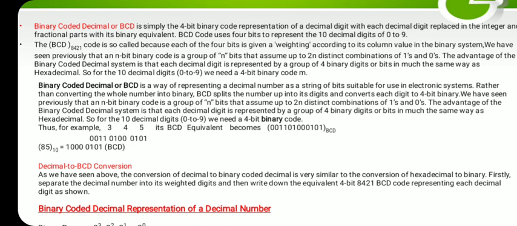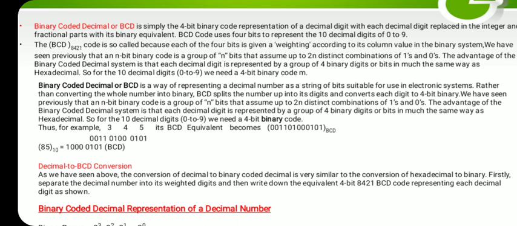So this is where we saw in the last lecture the need of coding. It decreases the size of the memory. It makes our representation easier. Though this is not frequently used, previously it was used, but still it is in use. Remember that. This is the advantage of BCD.